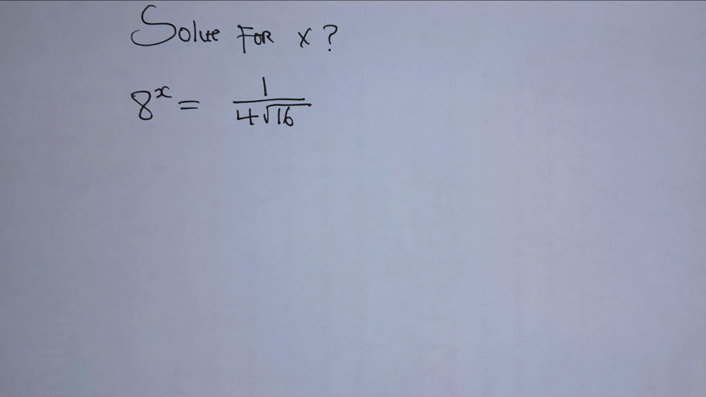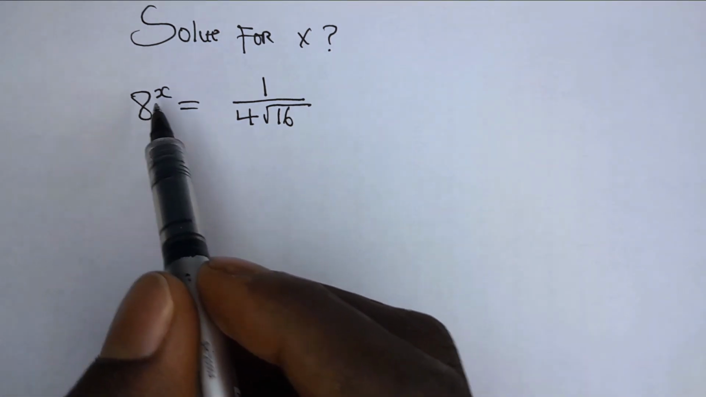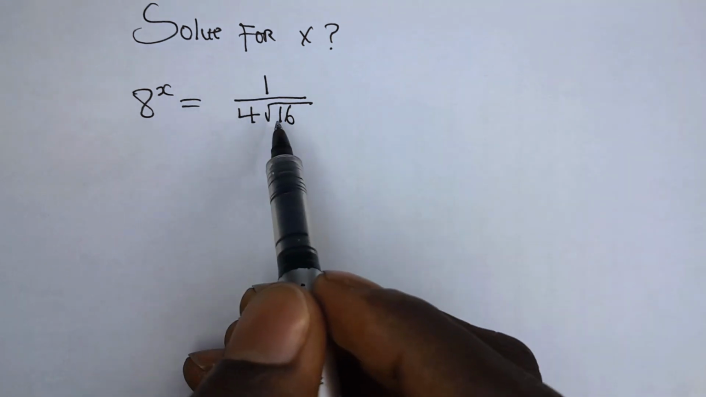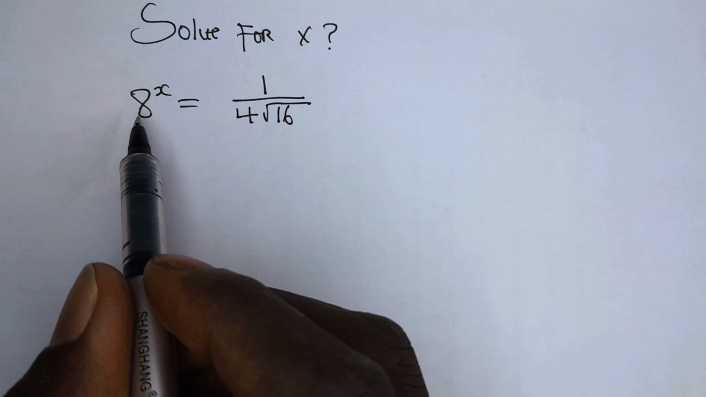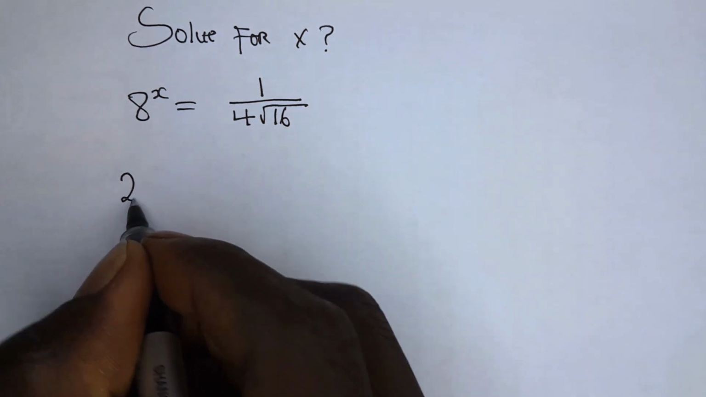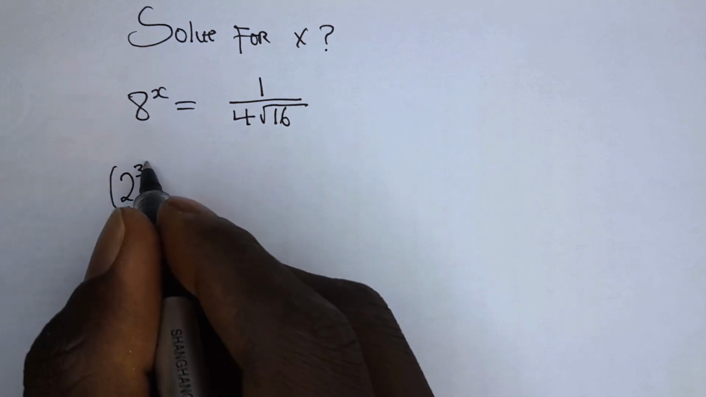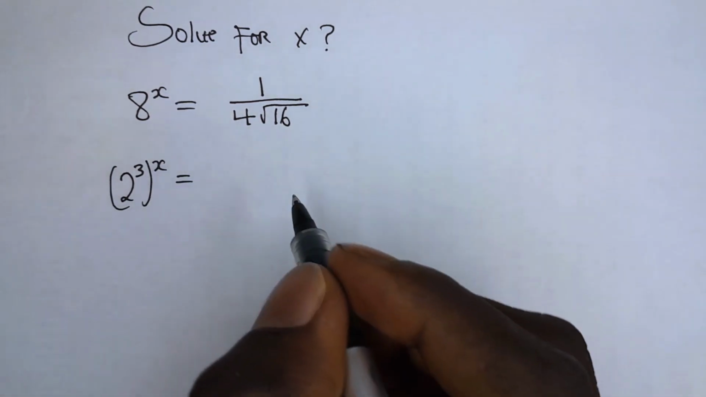So let's get started. We have the equation 8 to the power of x is equal to 1 over 4 square root of 16. So the first step here is to write this 8 in its index form. That is, we have (2 to the power of 3) to the power of x, which is equal to